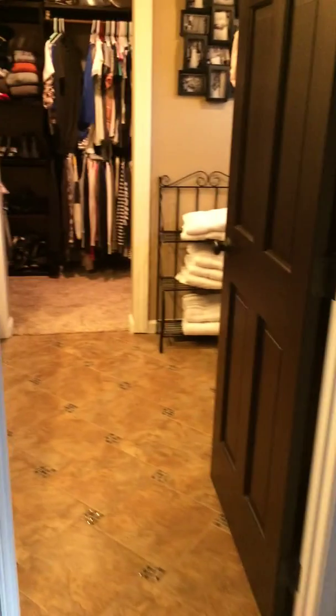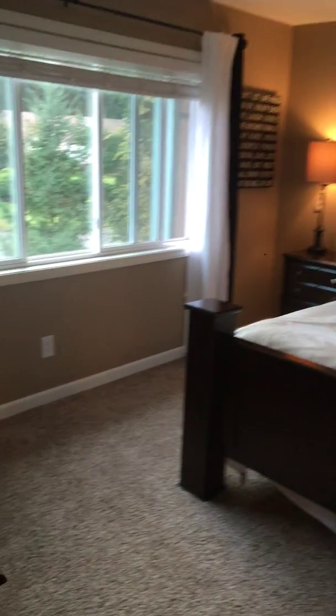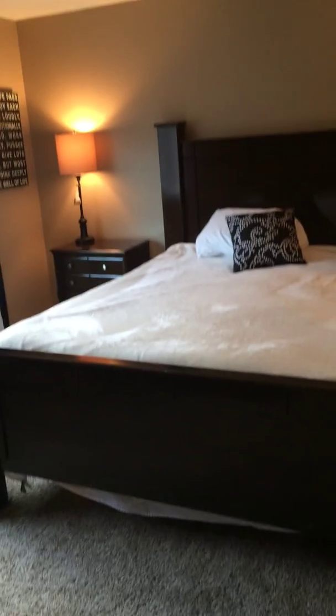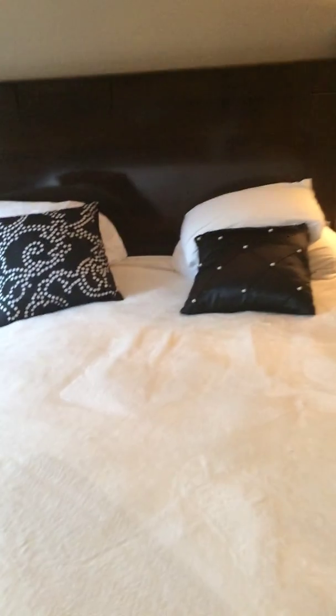I'm gonna walk over here into the bathroom and turn around so you can see a good idea of what the size is of the master. And that's a king bed. It seems like to me, maybe a queen. I don't know. Maybe I'm getting all screwed up. Maybe that other bed was a full and this is a queen. I don't know. It seems like a king size bed to me though, because we have a queen at our house, and this seems a lot bigger than ours. But anyways,